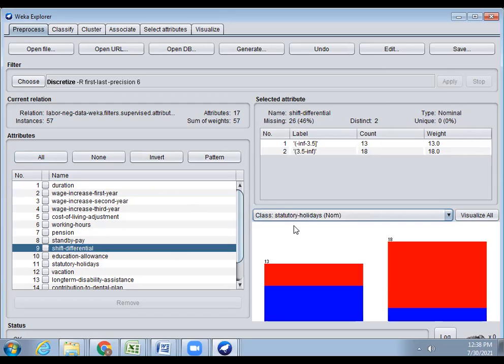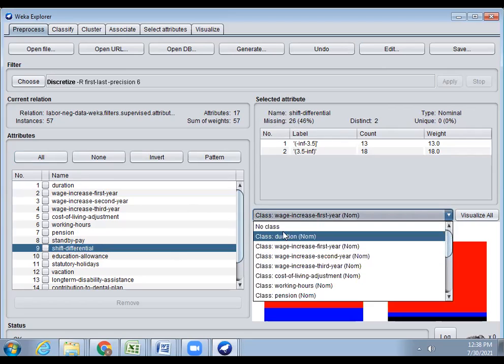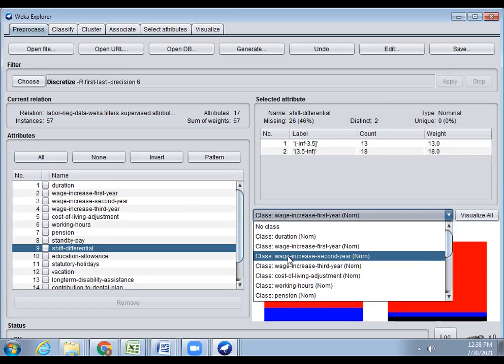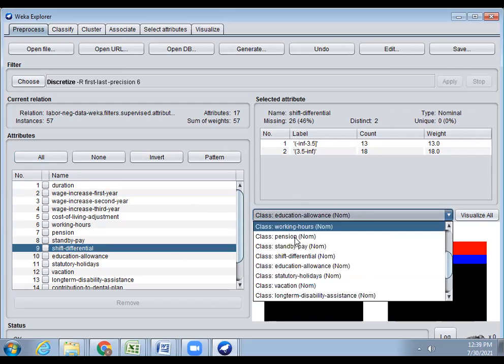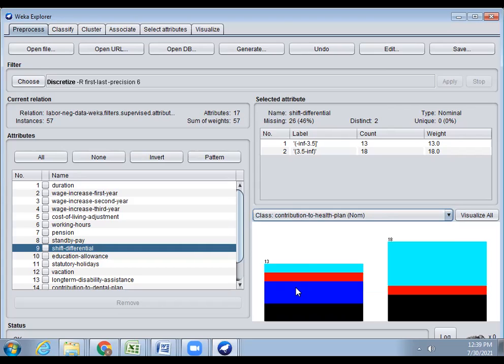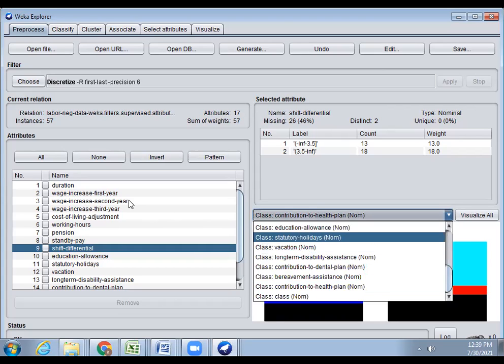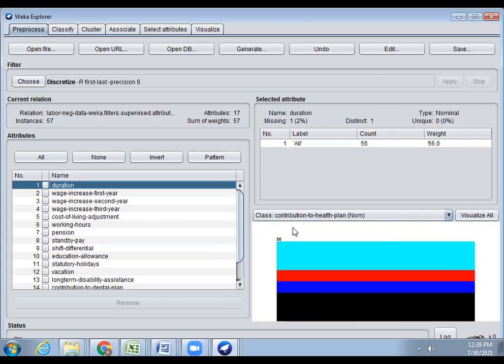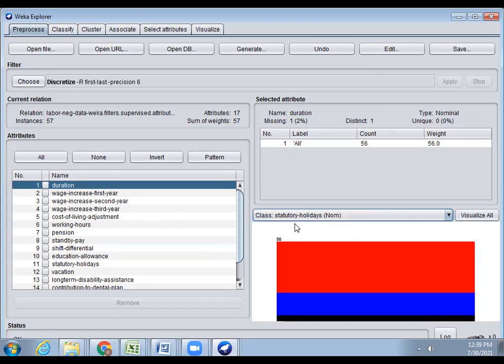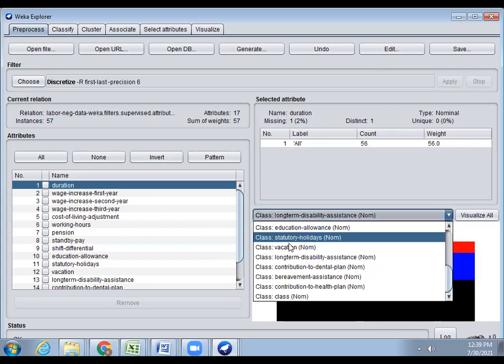After completing the pre-processing, the classes will be formed and the missing values will be changed.